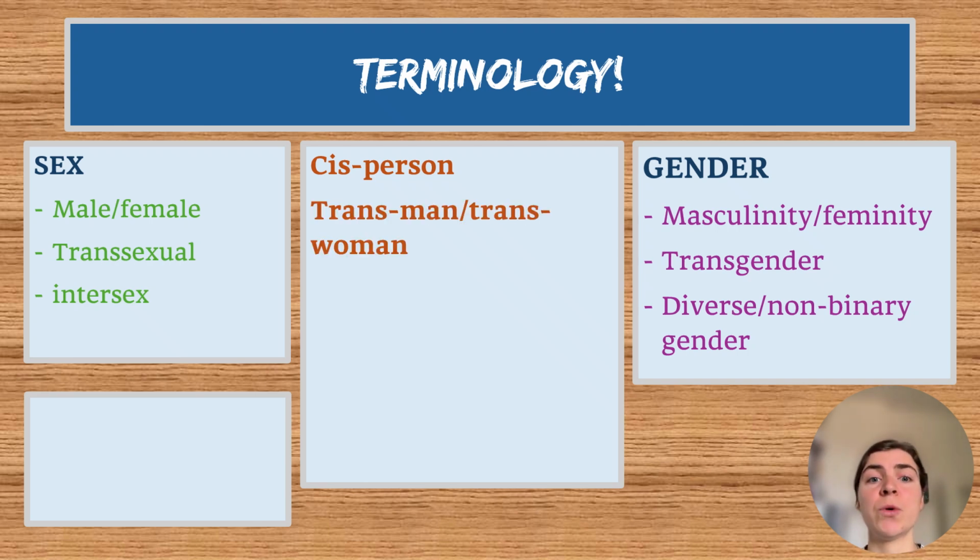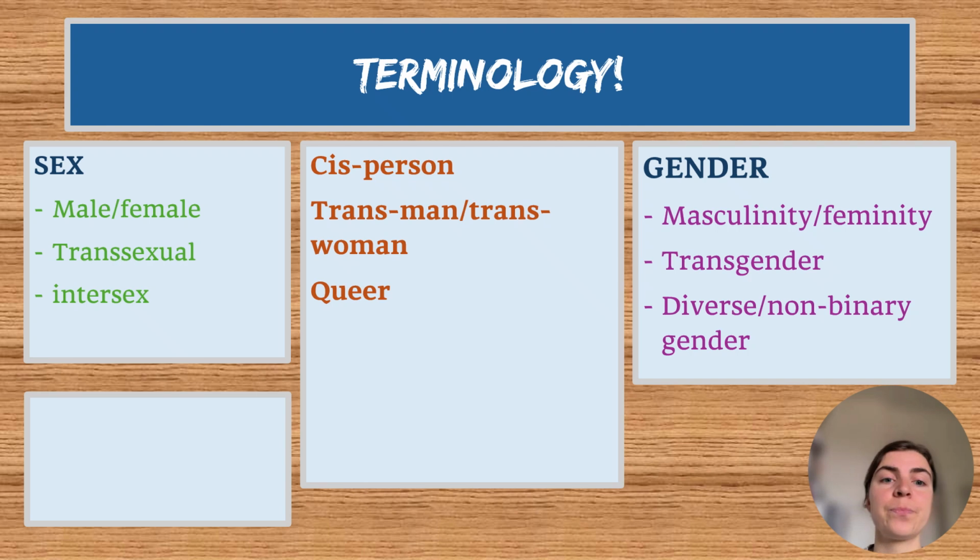A trans man or trans woman is somewhat of a distinct category to me, because it can be based on transgender only, but it can also include a transsexual person. So trans man and trans woman would mean that a person is basically transitioning to the other gender role, having been assigned a certain sex at birth and then moving to the other gender, but it does not describe whether there has been surgical intervention or not. So you can't really distinguish whether it's transsexual or transgender, and so this category is not really explicated by that, but it can be used to describe both.